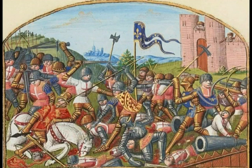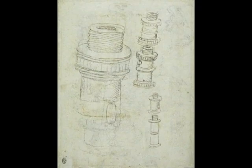The reason why these are mantlets, by the way, and you would expect them also to be smashed by other artillery that would create horrendous damage, is that normally, at least, the besieged had less artillery than the attackers. So even if the enemy had used as large a gun to shoot against these, well, first of all, they were mobile, so you could move them, which could be done also internally by the defenders to some extent, but not with the same freedom. But this counter artillery fire would have been more diluted, and so these mantlets actually were quite necessary for the same troops, and not necessarily just those operating the artillery as such, not just the crew,